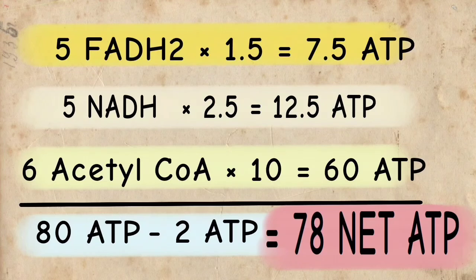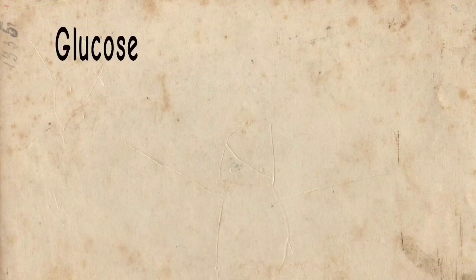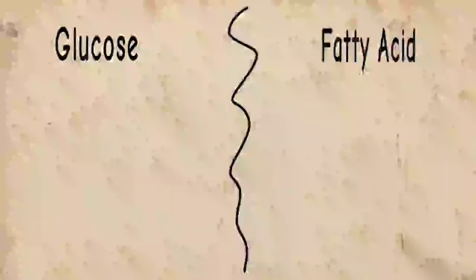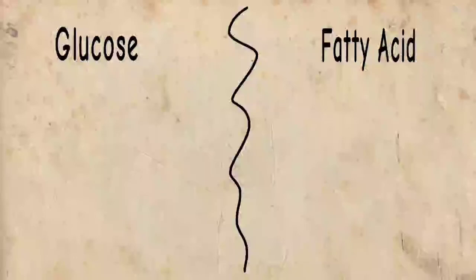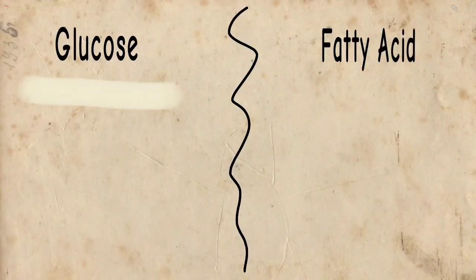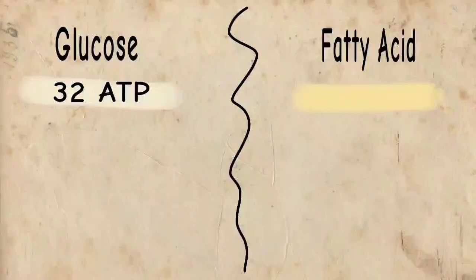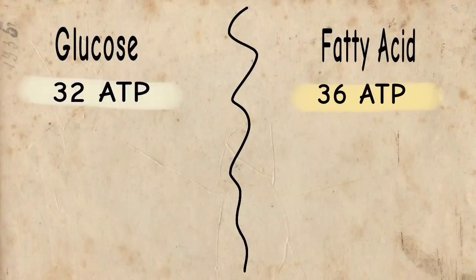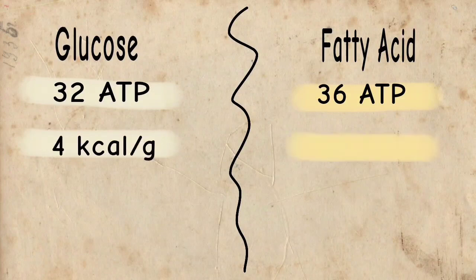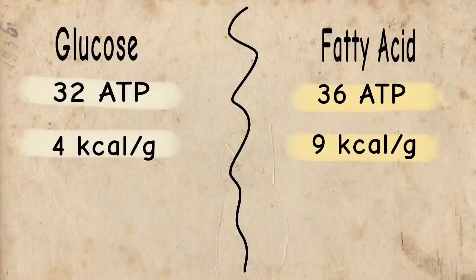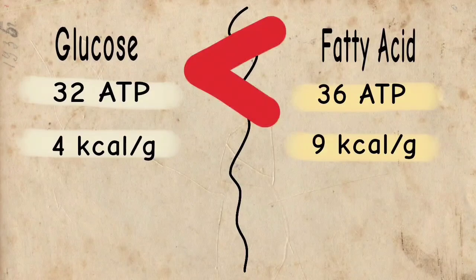net ATP yield. Let's compare glucose and fatty acid, which both have a 6 carbon group. Glucose produces 32 ATP and caproic fatty acid produces 36 ATPs. Per gram, glucose has 4 calories, while per gram, fatty acid has 9 calories. This shows and proves that fatty acid gives the highest energy in the body and also contributes to the weight